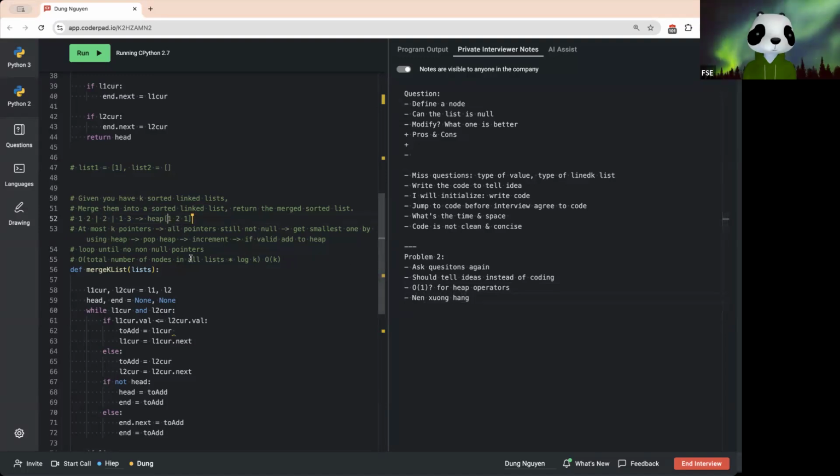I'm thinking about when I pop a number out, how could I figure out which list I should increment? Does it matter? Do I need to maintain k pointers? Okay, anyway, let's just start. We have a heap that is sorted by value but is also storing the node in here too. And then I get the smallest one,